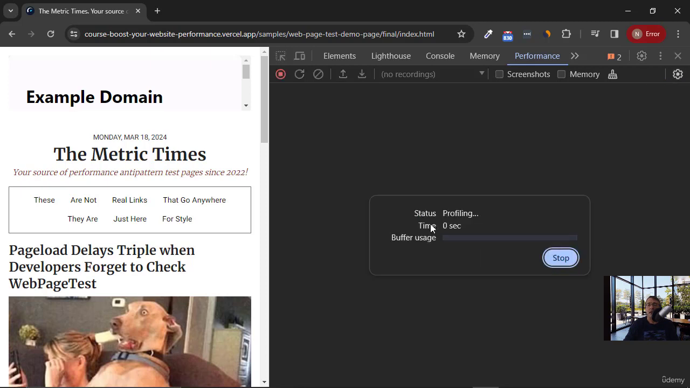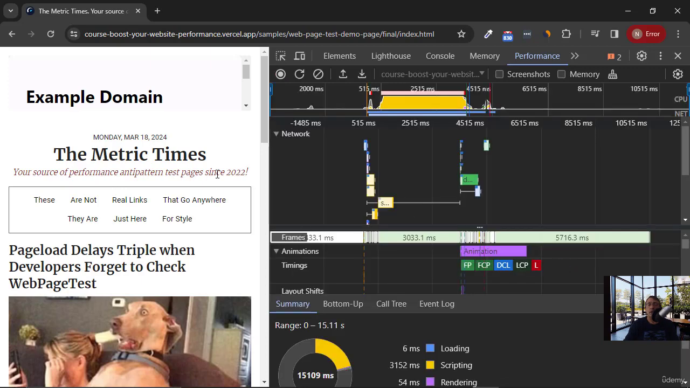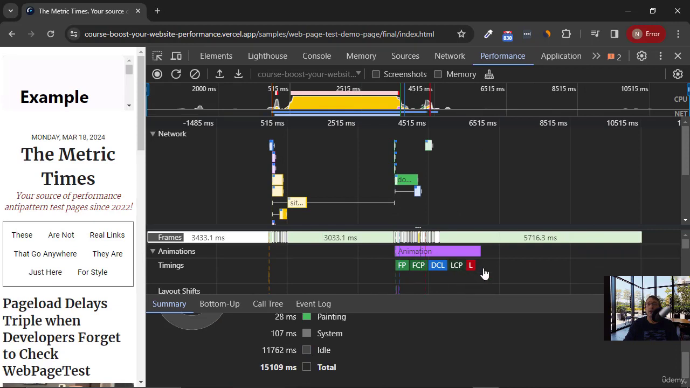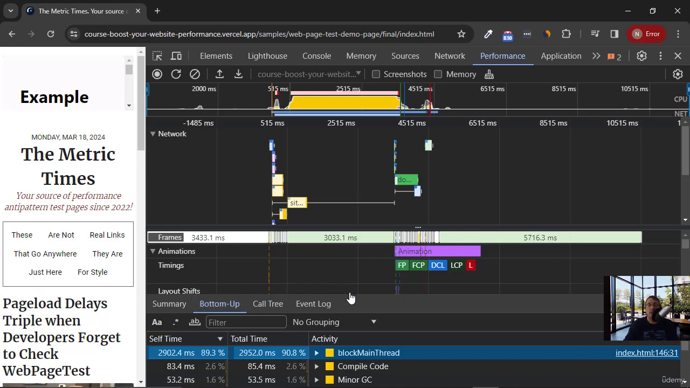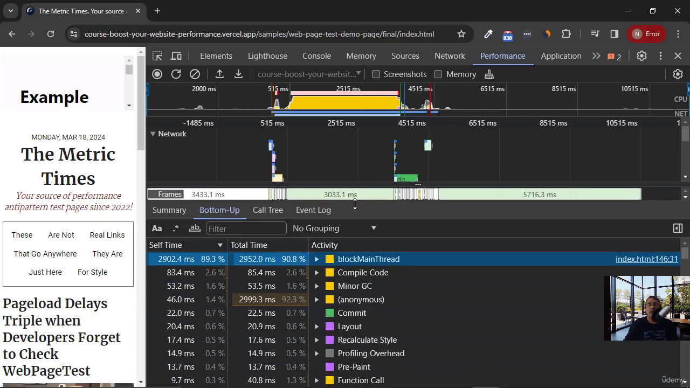Okay, so let's click. And now let's refresh. The page is loading while it is profiling. Okay, so now we can stop because the page is loaded. And you can also see here the LCP and the FCP. But what is important here is that when I click here on the bottom up, you see that this function,